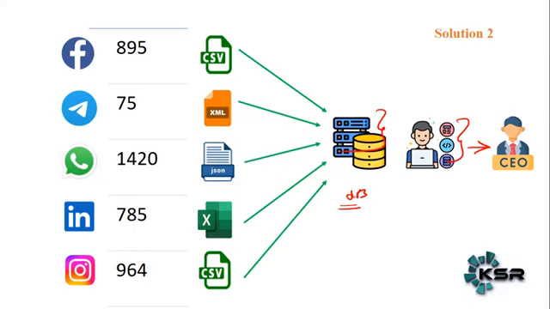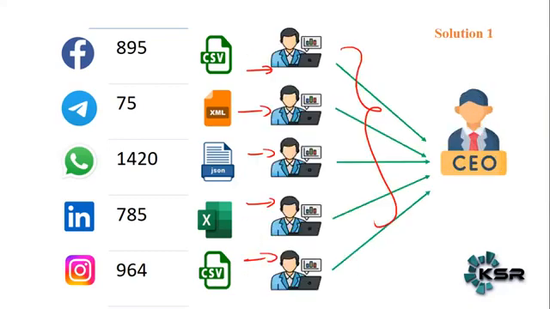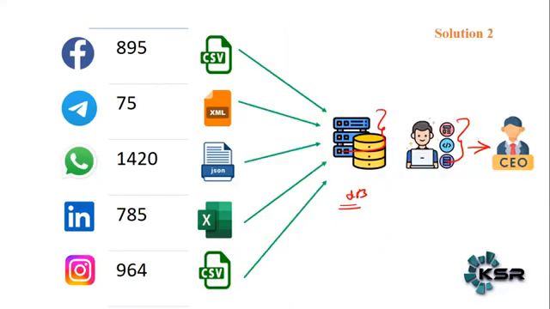Now tell me, in this case, what is happening? 5 people are going and talking to the CEO of KSR. The CEO of KSR will get frustrated. What is this? Each one is coming and telling, this is the leads, this is the leads, this is the leads. Now, the better plan I would say is, I will put in extra effort at the initial stage only,